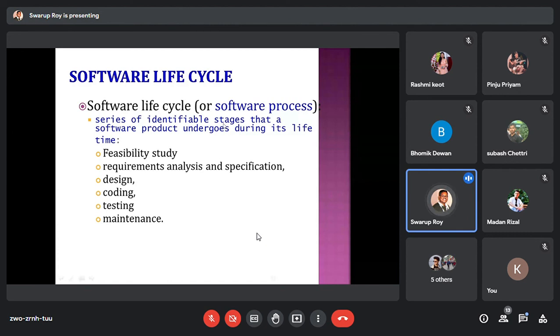It's not like simple story writing. There is a particular format they need to follow. As I mentioned in the last class, ISO 9001, ISO 9002, or CMM level companies have to follow a certain style of SRS document, the software requirement specification document.